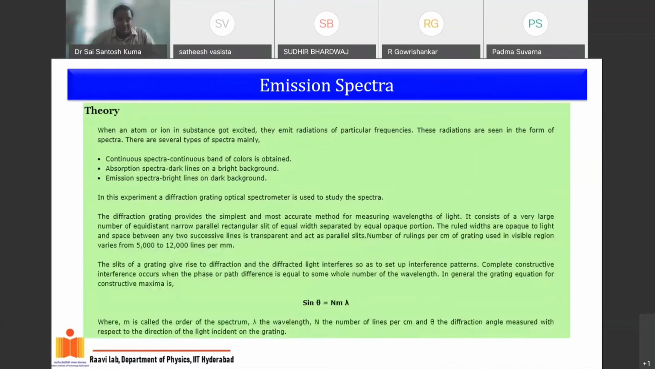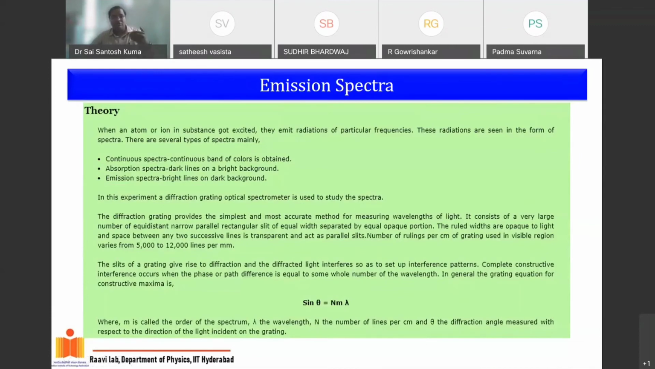Okay, in this experiment, what we do is we use a diffraction grating optical spectrometer and study the spectra. So what we do is simple. Okay, we try to vary the